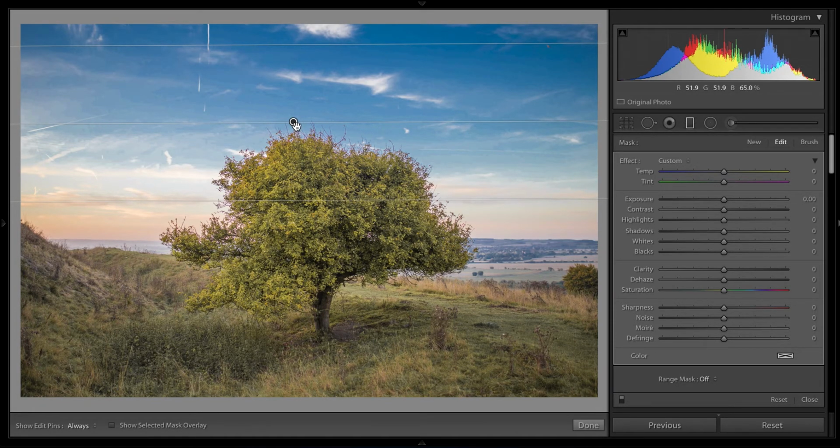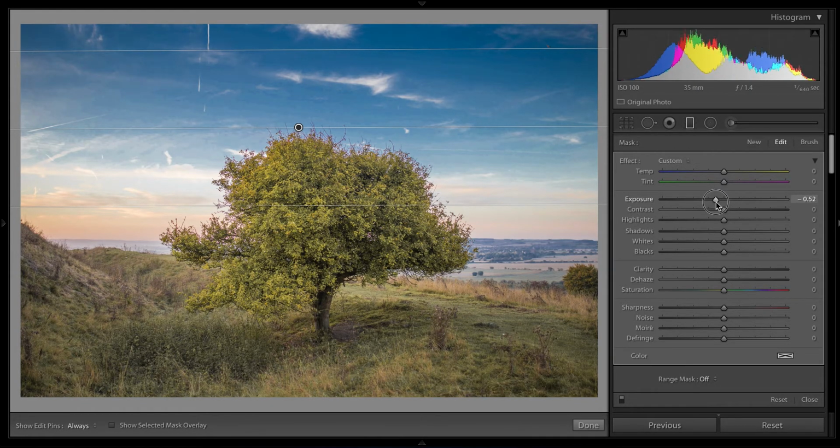Anyway, once you've done that and you're happy with how you've lined it up, you want to go to your exposure tab and just start dropping your exposure down to around about 0.60, 0.66, sort of anywhere under 1, probably at maximum maybe 0.80. And then you just want to drop your highlights down a bit and your shadows, and I tend to like to just boost the clarity up a little bit. I'm just going to bring this down a little bit more,